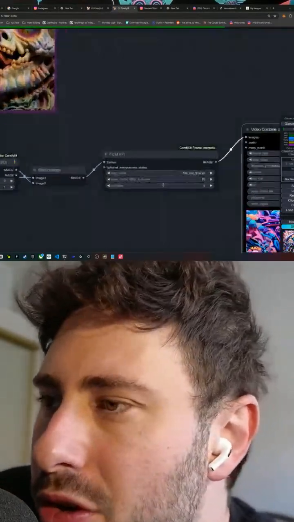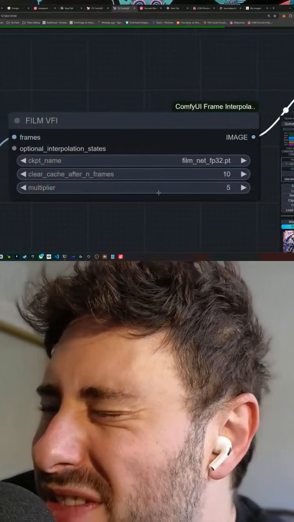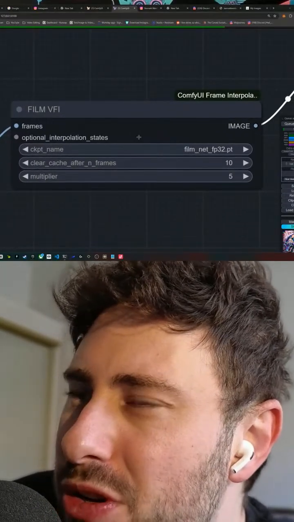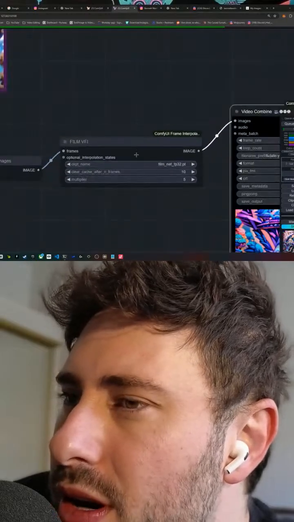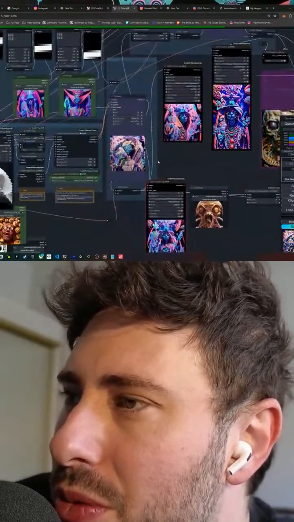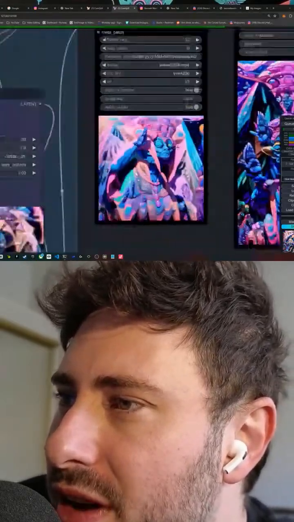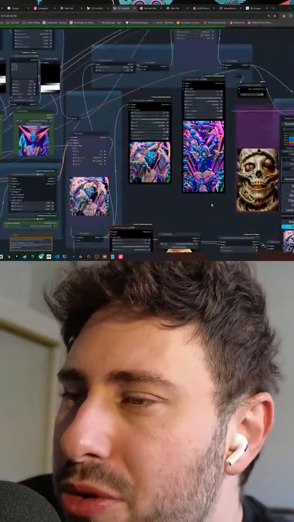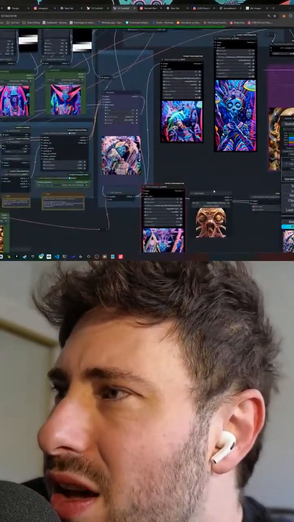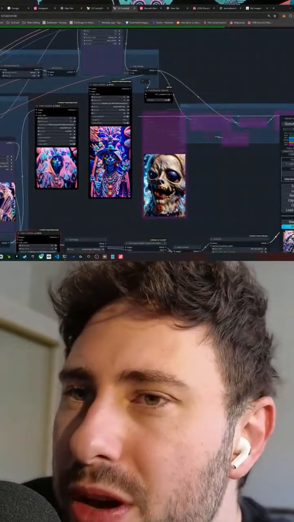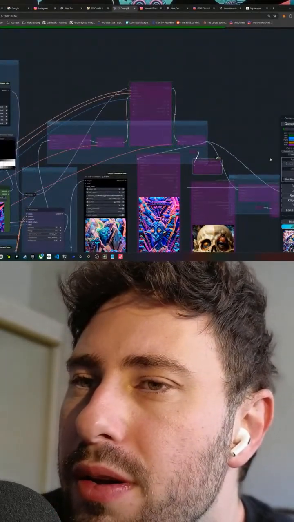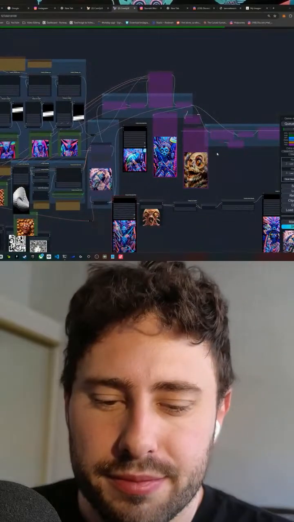All right. And normally multiplying your frames by 5 is a pretty taxing operation on the system, a little more time consuming, especially if you don't have the best hardware. But because the resolution we're working with is so tiny, 512 by 512, actually 560, which is a pretty reasonable resolution, this should not take that long, to be honest. Whoops, let me disable this family here. Give that a go. Okay.